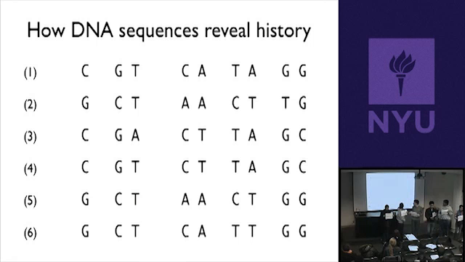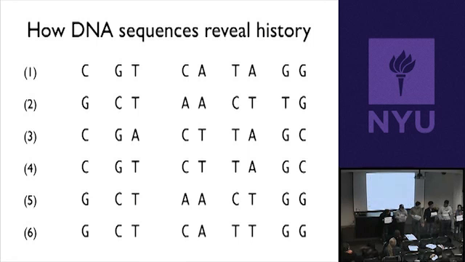3 and 4. Why 3 and 4? Right, so 3 and 4 are exactly the same, except for the 3rd position, which is either an A or T. So 3 and 4, we infer then, are closely related species, because they only have 1 difference between them. So 3 and 4, you guys have to start making a tree. So hold your hands like that. Together. Yeah. Okay.